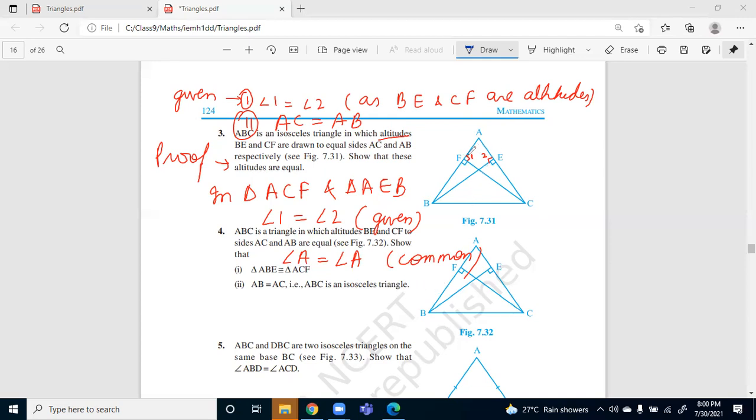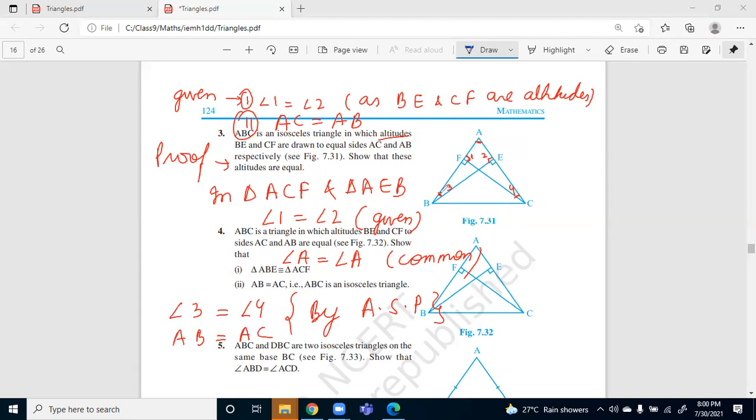So you can see this is angle 1 and angle 2 and this is the common angle. So if these two angles are equal, then the third angle should also be equal. Isn't it? If two angles are equal, then the third angle will also be equal. So I will write angle 3 is equal to angle 4 by angle sum property. So angle 3 and 4 are also equal. Okay, now I will be writing the third thing which is given. AB is equal to AC.